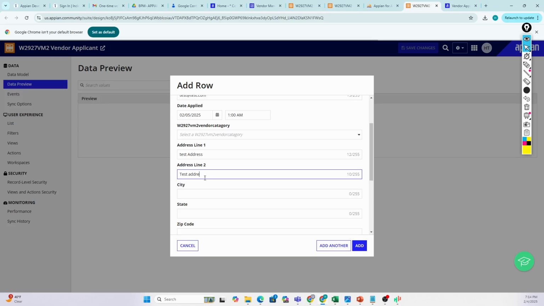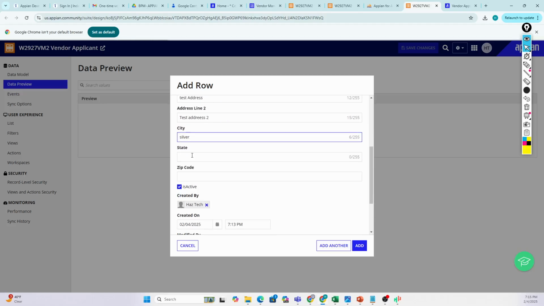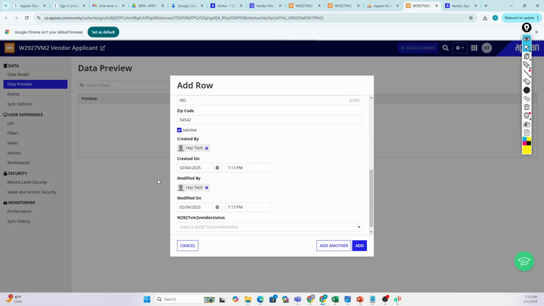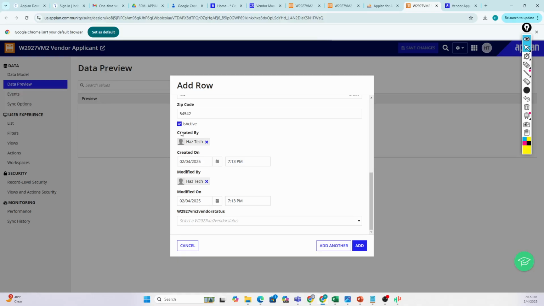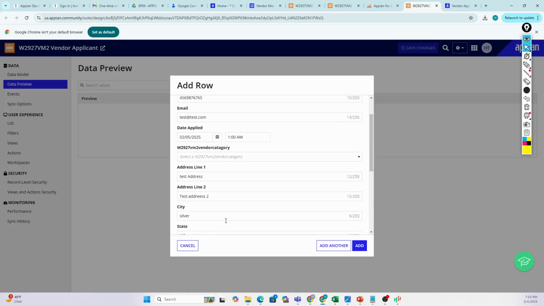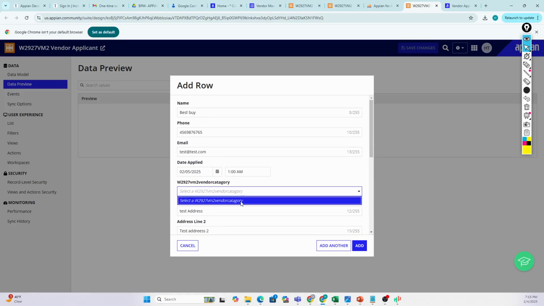Test address 2, city here, state, zip code. Then I make it active, and created by automatically takes my user. I don't have any data on the status table, so that's why I'm seeing nothing, right? But once we populate the